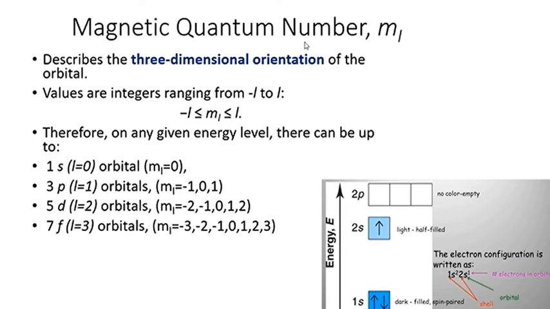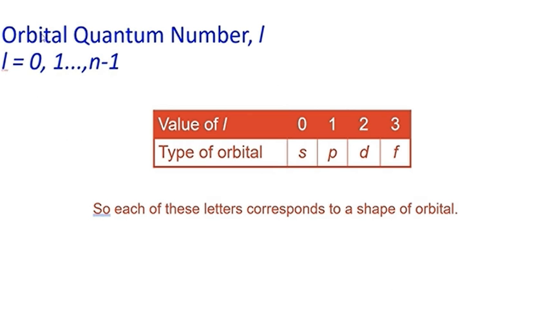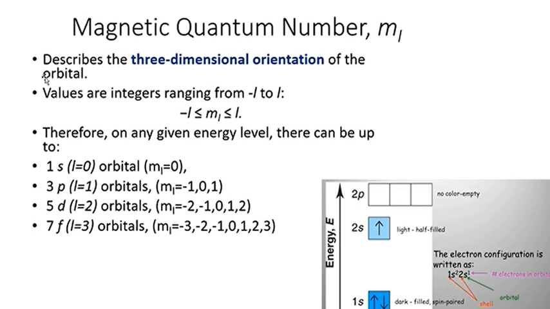Then the magnetic quantum number m_l describes the three-dimensional orientation of the orbital. Values are integers, ranging from minus L to plus L. It changes from minus L to plus L. So on any given energy level, there can be up to